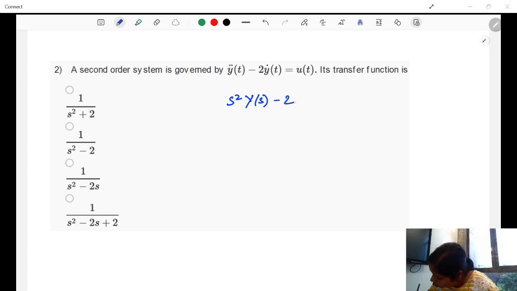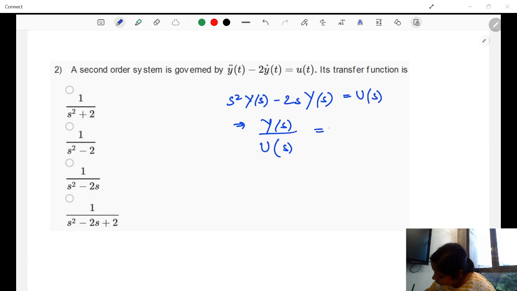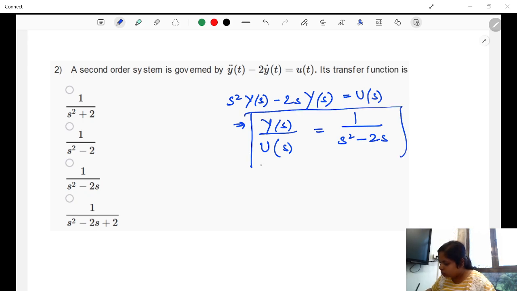The second term would be 2s Y(s). As I told, if it is second order, s square comes out. If it is first order, just s comes out, is equal to U(s). So Y(s) upon U(s) is 1 upon s square minus 2s. This is the simple answer to this question,